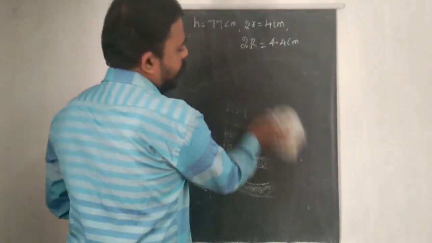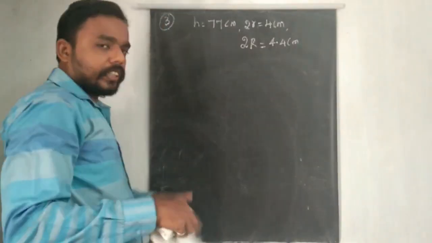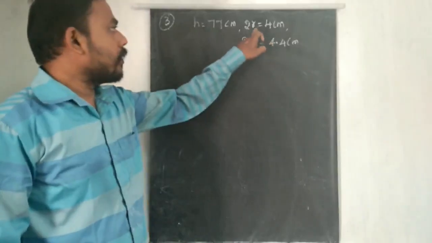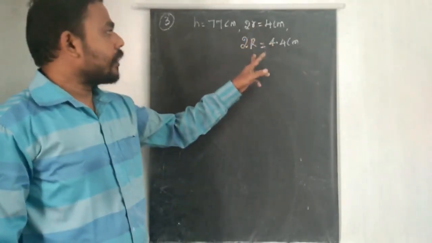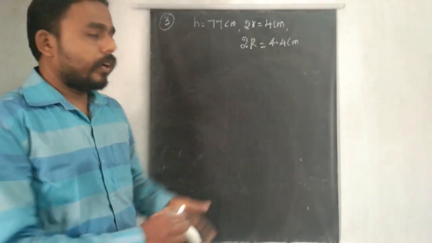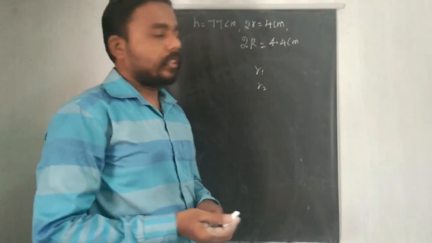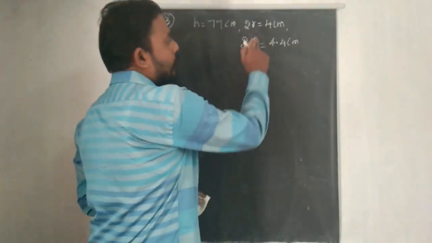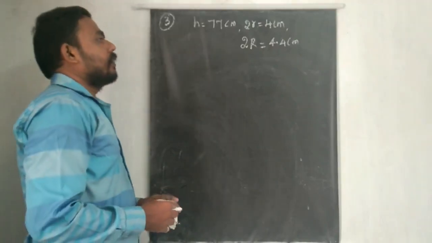So we have two data, no? Radius only is given, inner and outer, so we need to distinguish them, so I take smaller r and capital R. You may use small r1 and small r2, also. This is your choice. Now we need to give the small one and the bigger one, so that's why small r, capital R. That's it. Okay.